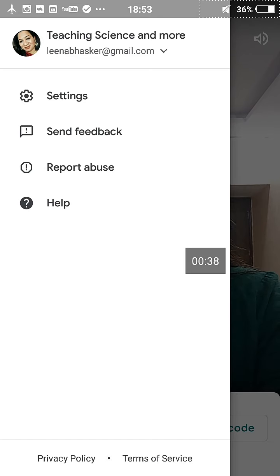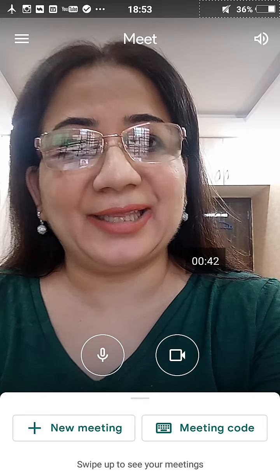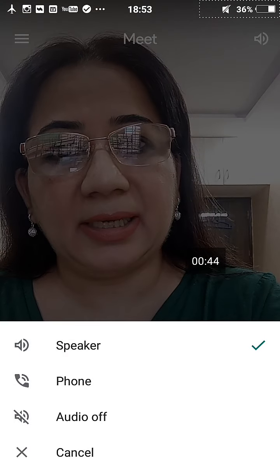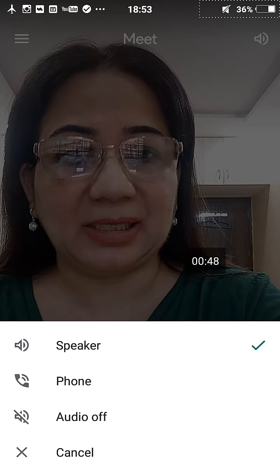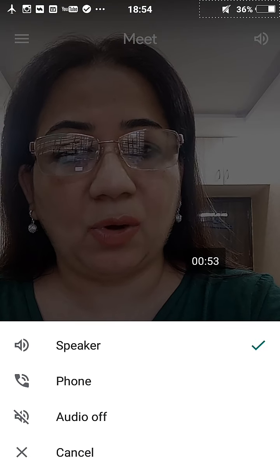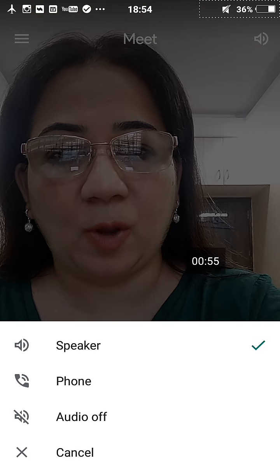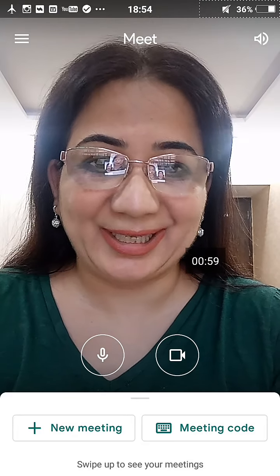If you want to change some settings, which you really don't want to, and then on the right hand side is this button which shows the speaker. This is again the default setting. So if you want to switch off the audio, you can go to the third option. I don't want to do this right now, so I'm not doing it.